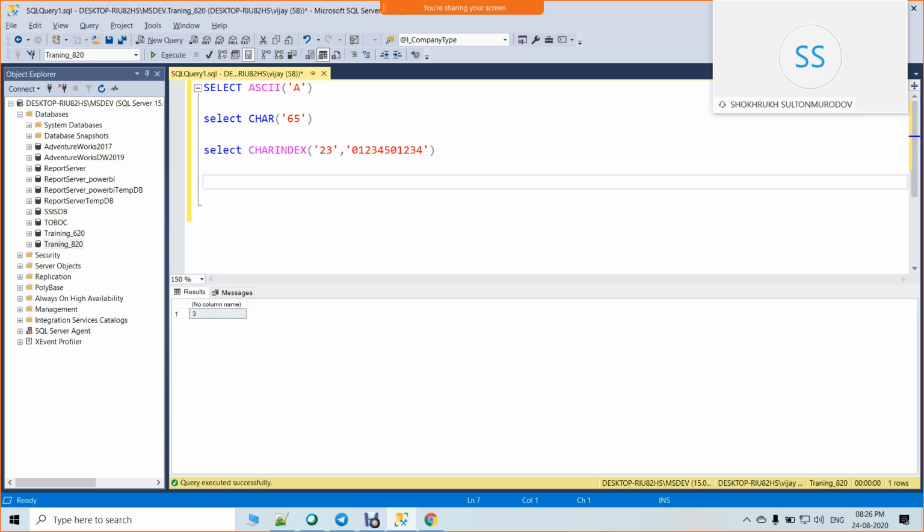For others it is also clear, right? Because CHARINDEX is an important one. If you don't understand, ask me, I will explain the examples. These are interview questions. Interview questions will be on CHARINDEX. Interview questions will be formed on all the string functions.